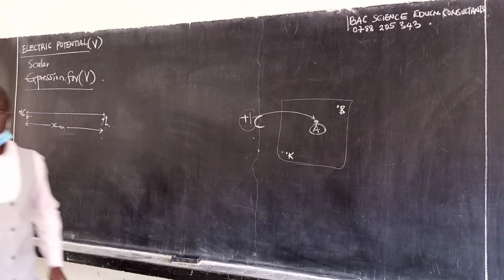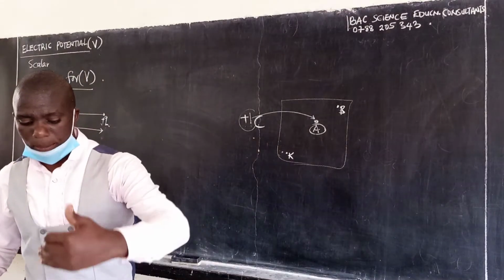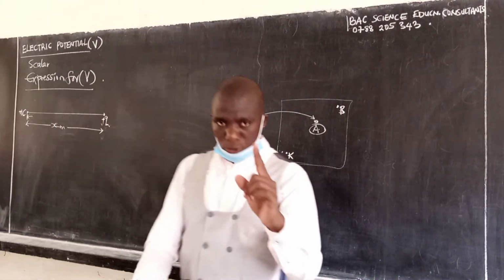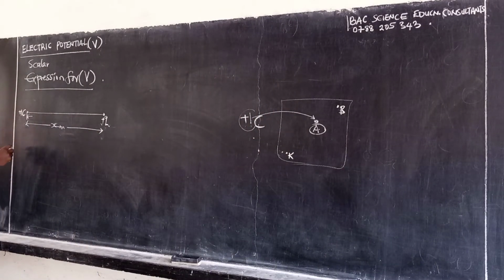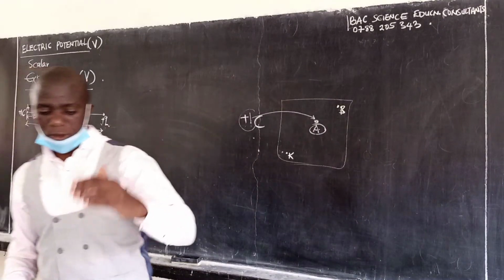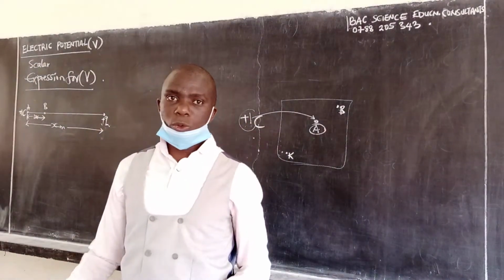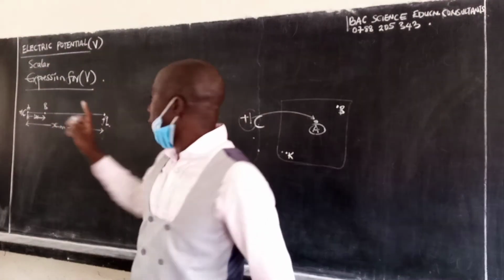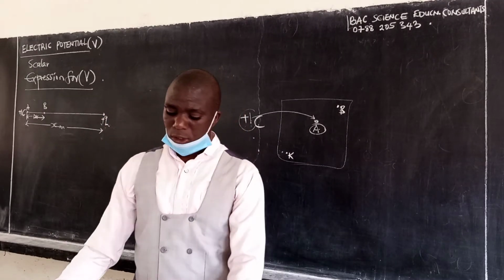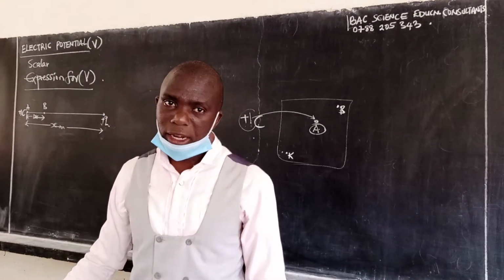coulomb, and the two are a distance x meters apart. We want to move this one coulomb charge from this point to some other point. Maybe this is point A, so we can move it to point B, which is a small distance, delta x, away. We want to move it through that small distance, delta x. We don't want to affect, of course, the electric field due to that charge Q.